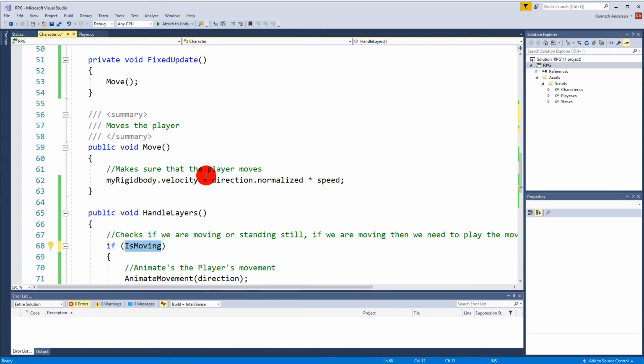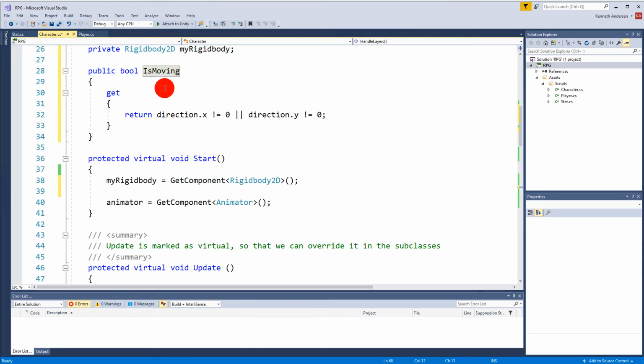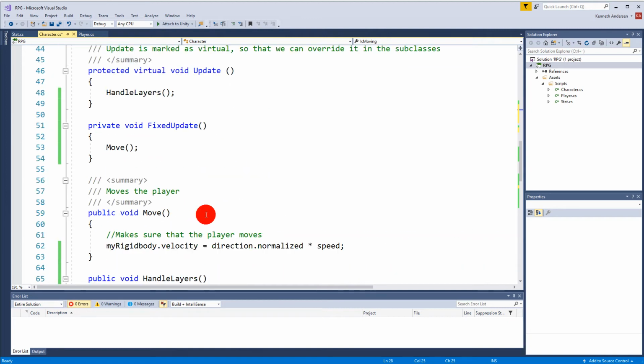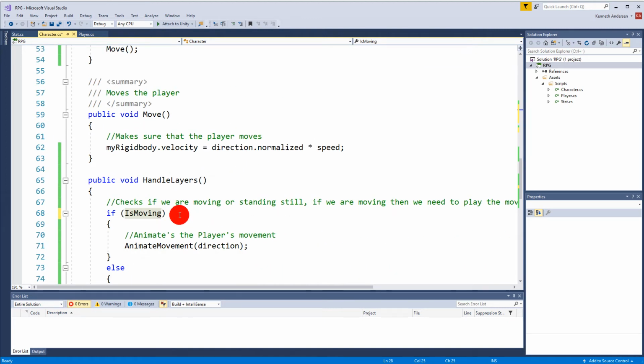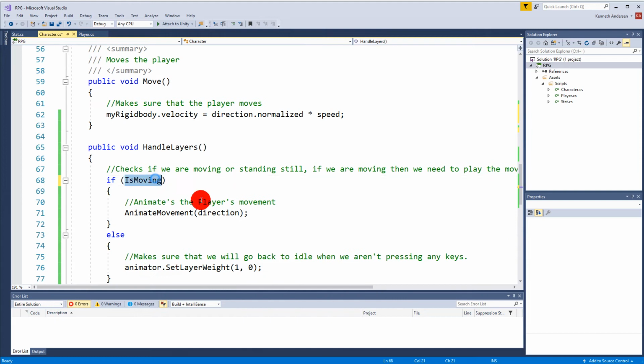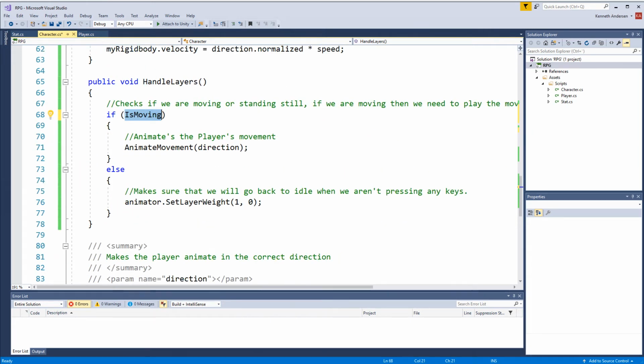And the reason that I did this is because it's just cleaner, it looks better, and we're going to use this isMoving later to figure out if we can cast a spell and stuff like that. So that's going to help us out later. So now that we have done that, we can actually also add another function to our script here,